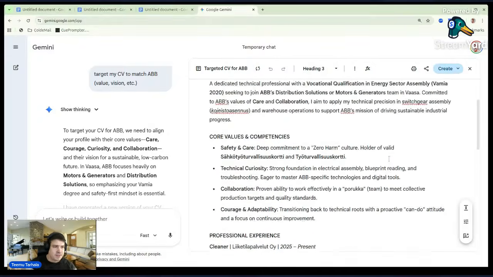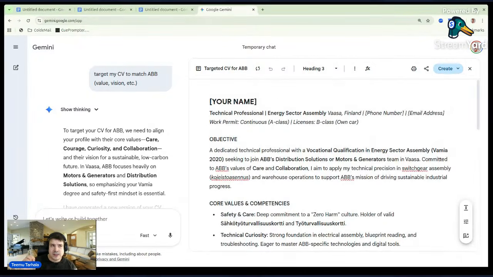But now you can see the CV was targeted to another company at first, then we asked it to target to ABB, and now we have a body which will match ABB's field in Vasa, and the company's vision and values.